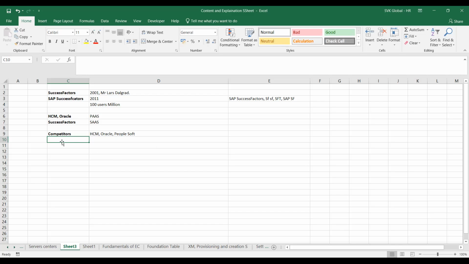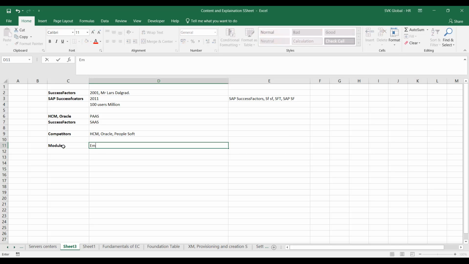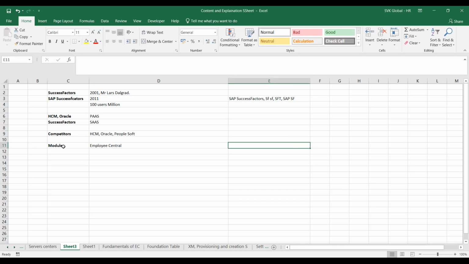Now, how many modules are there in SuccessFactors? There are 9 modules available as of now. In that, Employee Central is the one foundation module. We call it a foundation module because it is a base module where we can learn from scratch. Even people entering SuccessFactors anew can easily understand the foundation module, and when they need to learn other modules, it will be easy for them, because in the foundation module itself we will learn what exactly the application is and where we can work on the transactions,